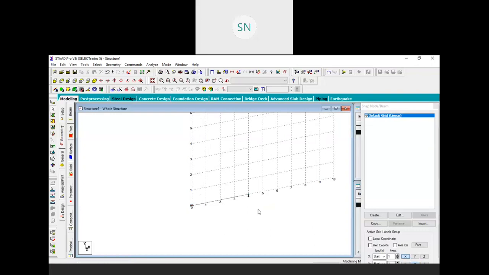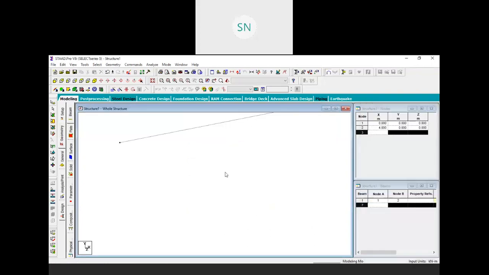Okay, we have done. Escape it and finish it. So we create our model. See, this is our model. That's it for this problem. So our step 1 is finished, that we create a model.